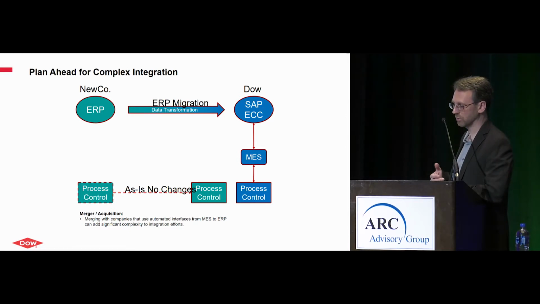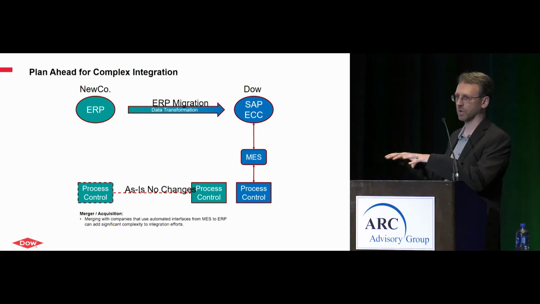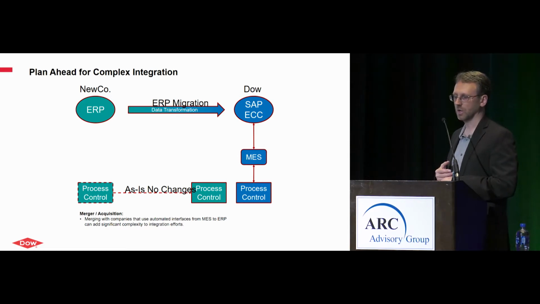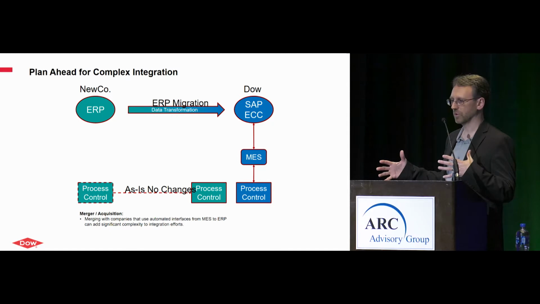Dow's approach has been, basically, to bring the other company into our system. DuPont, interestingly enough, has a little bit different strategy and a little more independence in their business units, and they operate in multiple ERP systems. I have seen evidence that approach gets very complicated and unwieldy, and so I'm not sure I recommend that approach. But Dow's generally been successful in doing the harmonization into a single ERP.